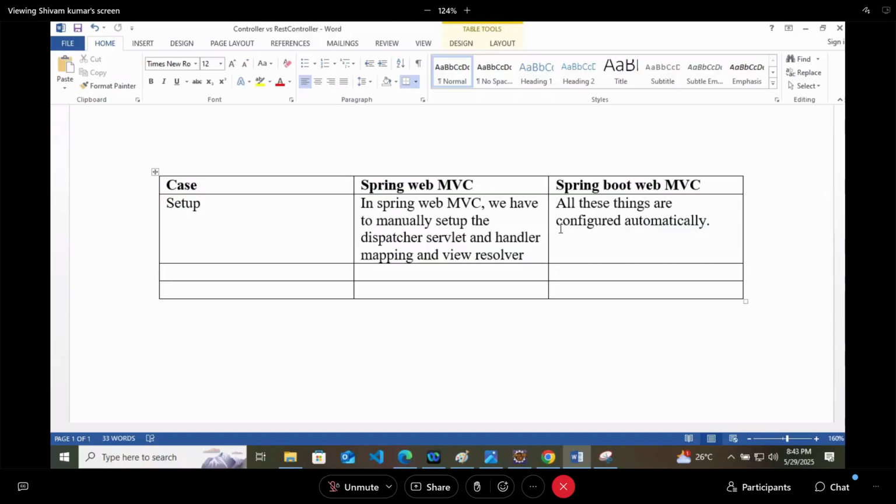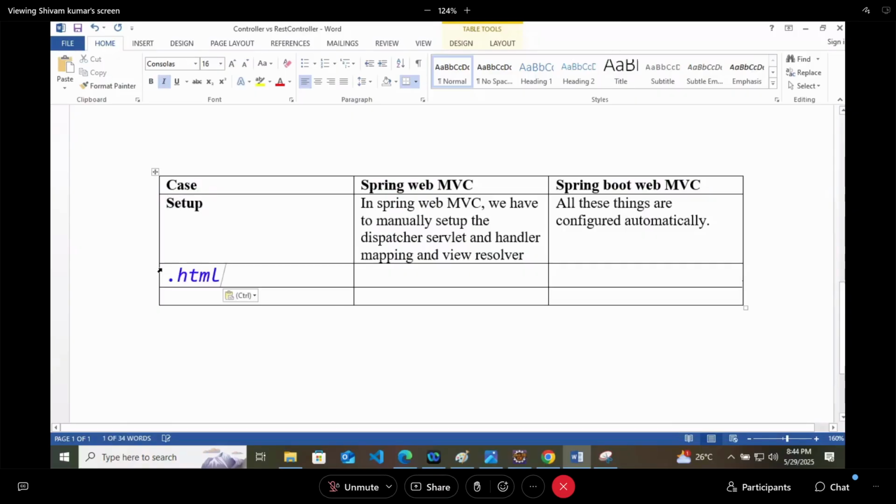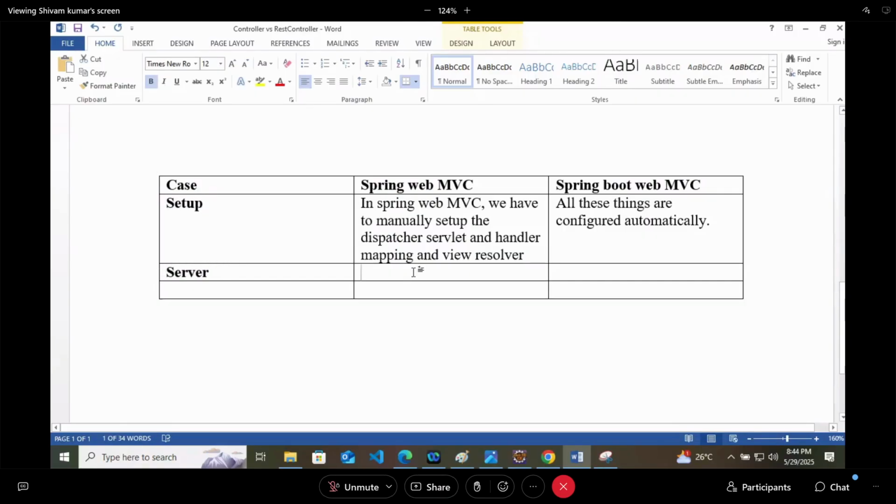Server. In Spring Web MVC, we were using the Tomcat server, which was configured by us. We were going to runtime and then selecting. We have to manually set up the server.